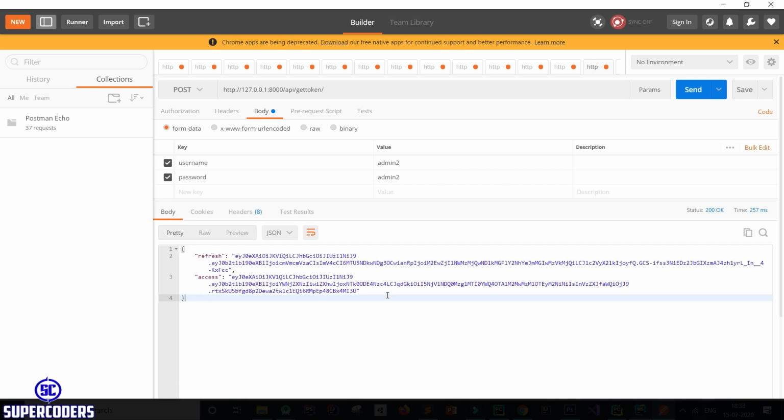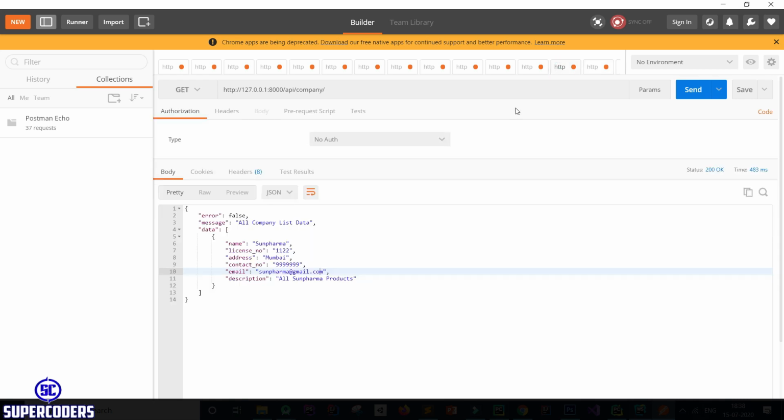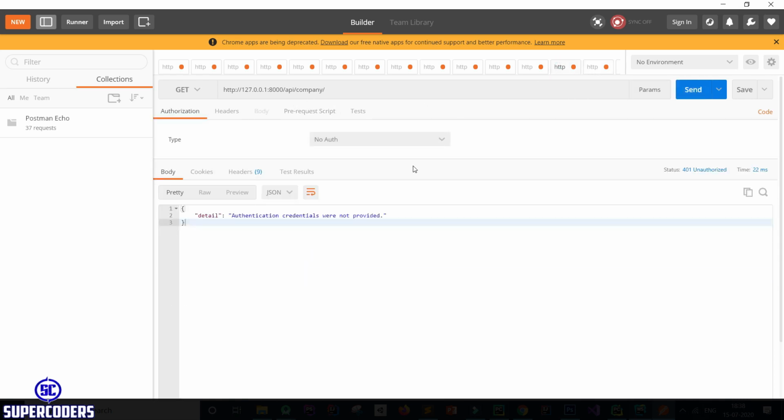So you can see I get my refresh token and access token. For now, just copy this access token and pass it to our URL. So come back here again, and as you see, I can't access it, but let's try to add a header.